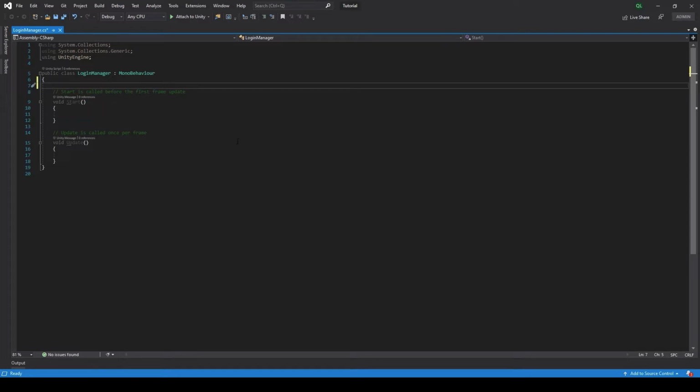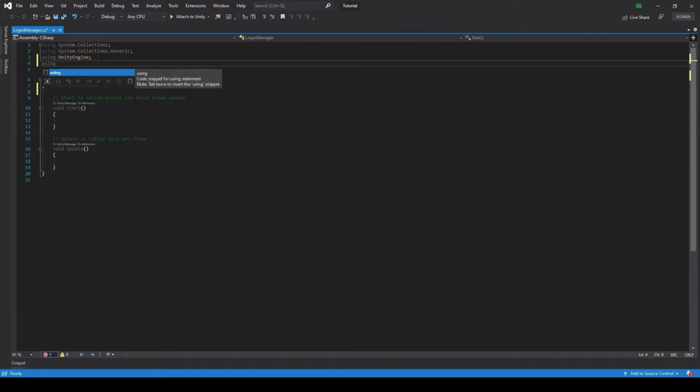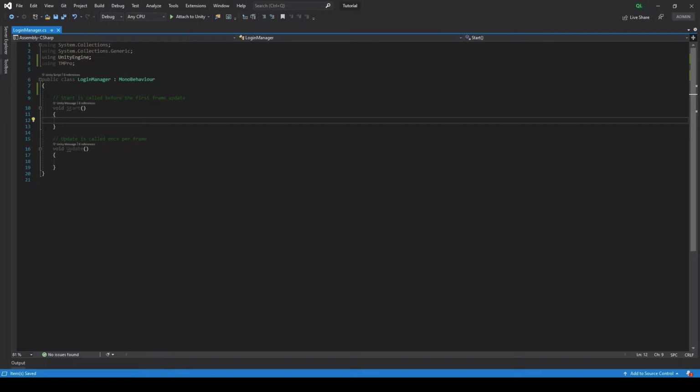So that input field is called... first we have to add a using. This will pull in a library that we need. Since we are working with TextMesh Pro input fields, which, if you saw in the last video, I explained why we use TextMesh Pro rather than just regular text, we need to pull in TextMesh Pro. It should autofill for you if you're using Visual Studio and if you open your script from Unity. Okay, so now that we have that,